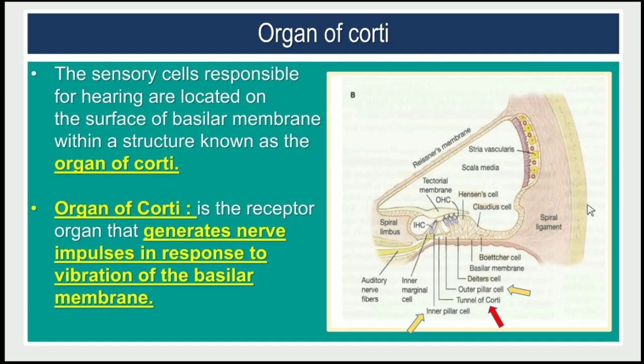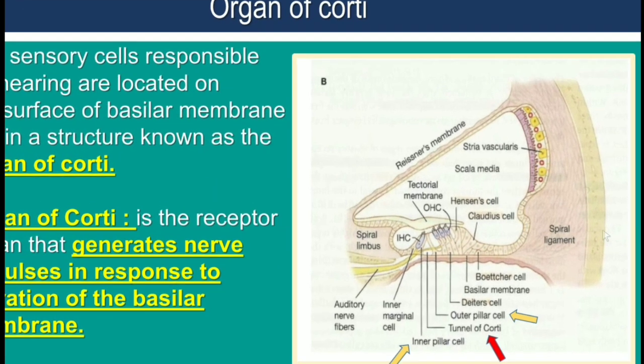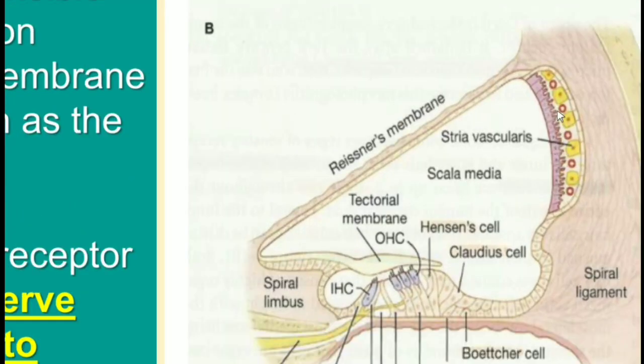So you can see here, this is our tube, the cochlear duct or scala media. On the lateral margin, you can see the stria vascularis, which is responsible for formation and secretion of endolymph and maintaining the high potassium ion concentration in endolymph. So this entire middle part, number 2, scala media or cochlear duct, contains endolymph.